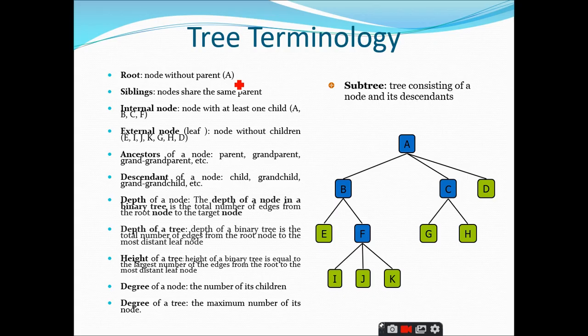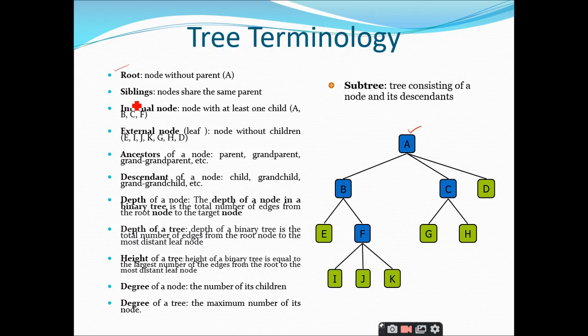Right. So again, coming to the tree terminology, we have seen most of the terminologies in the earlier slides, but again we will come across some new terminologies in this particular slide. We know what a root node is. Can anybody define what a root node is? A node without parents, sir. Right. A node which is placed at the top level, or a node without any parent nodes, is called the root node. So what is the root node of this given tree example?